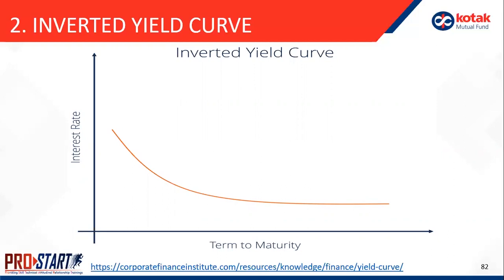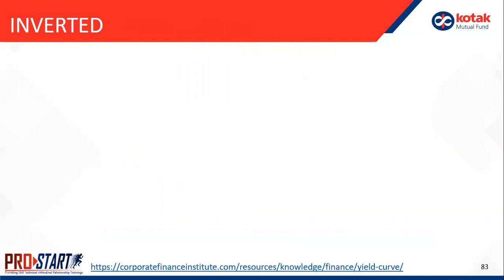As term to maturity increases, this slope starts gradually flattening out. And as you go forward in term to maturity, you see that it is almost a flat curve. It means that the interest rate now has very low impact to the term on maturity. So let's look at a few more points around this.